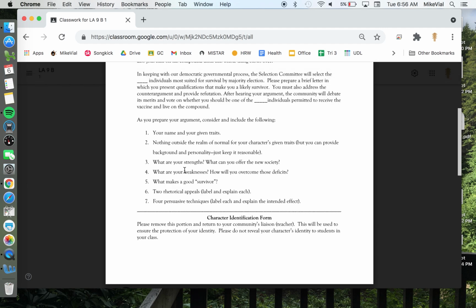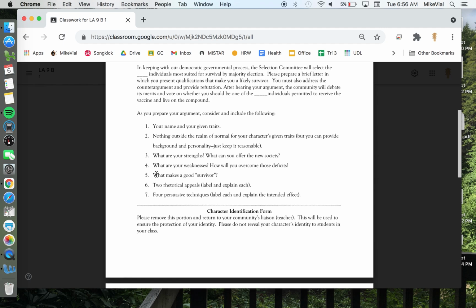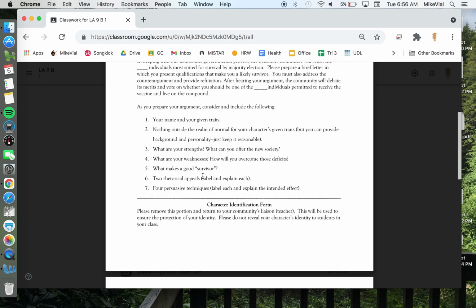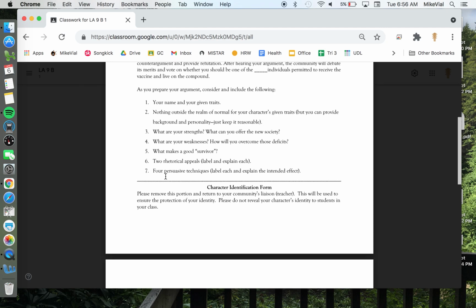And this is where you can be creative. Some students might have a character who has gotten in trouble, and you might write a paragraph in the voice of that character that admits that, but then maybe you write about how you've learned something from that experience that makes you actually even better candidate. So you're basically writing a letter, and most letters are going to be about 4 paragraphs that makes your candidate a good survivor. Now, we'll talk more about 6 and 7 on Wednesday and Thursday and Friday and how to revise to add for that.